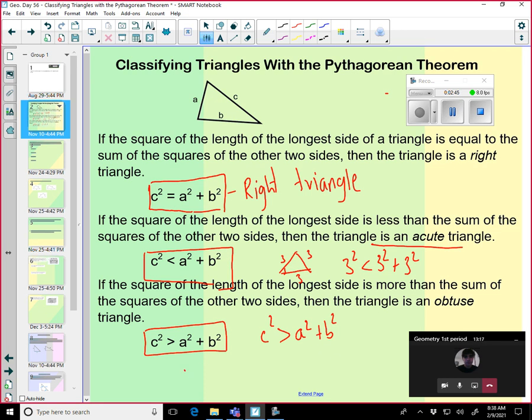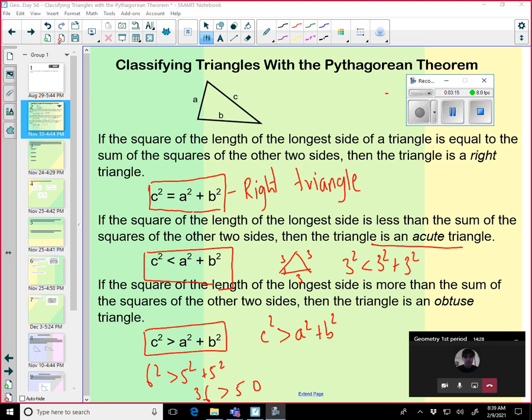If I have sides where A is 5, this is 5, and this is 6, you can see that C square, 36, is less than 25 plus 25, that is 50. So this will be an obtuse triangle if I have sides with 5, 5 units and 6 units. Note down these formulas, right triangle, acute triangle, obtuse triangle. I'll give you like 30 seconds, then we will see a few problems based on that.